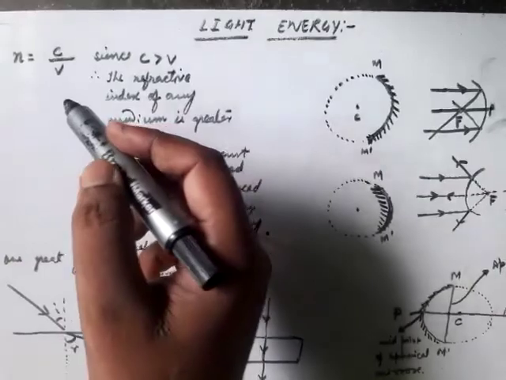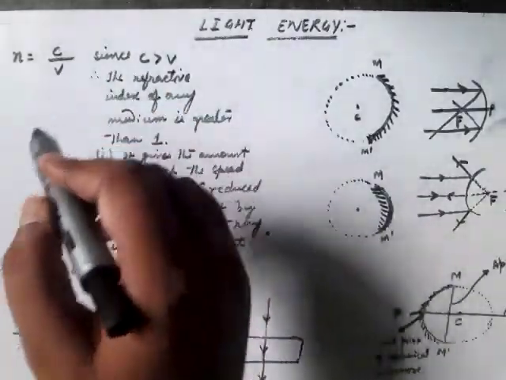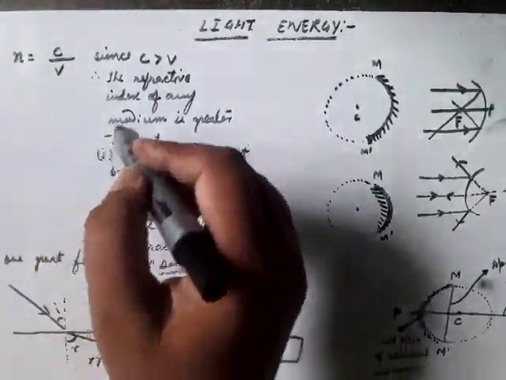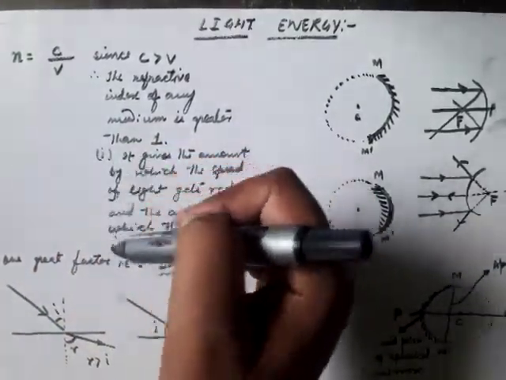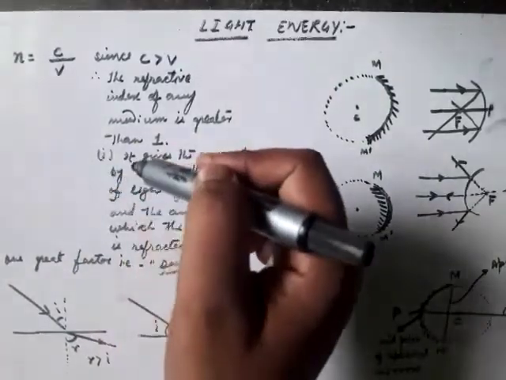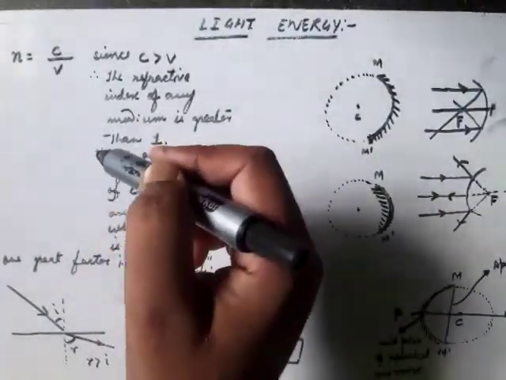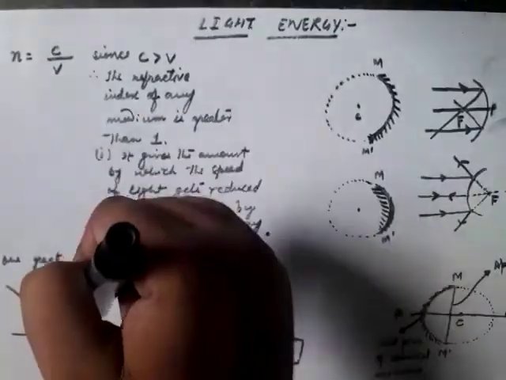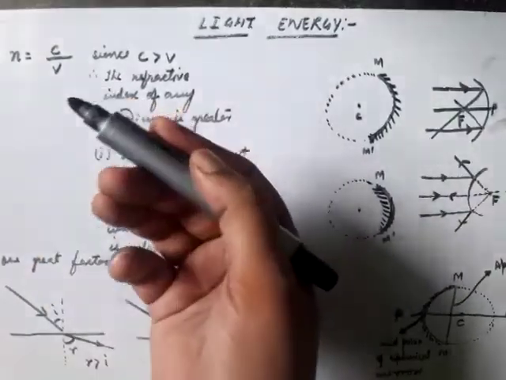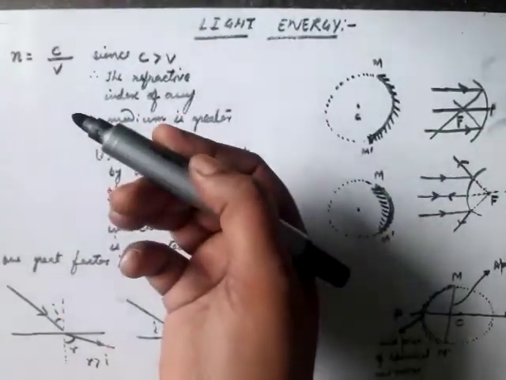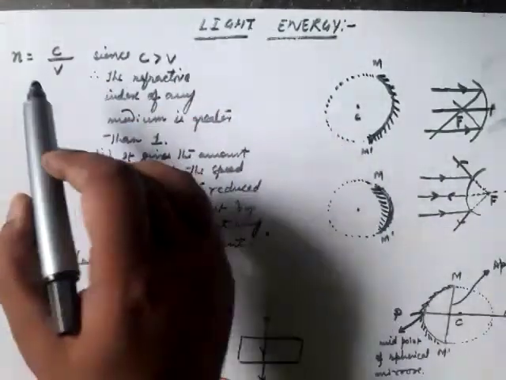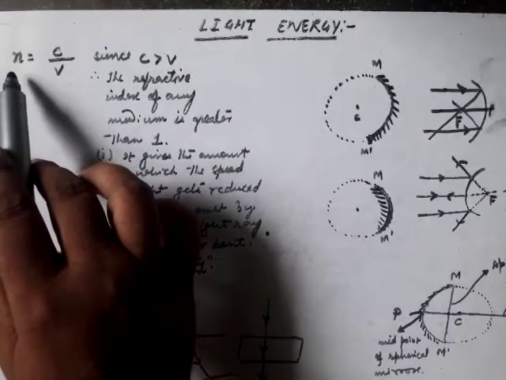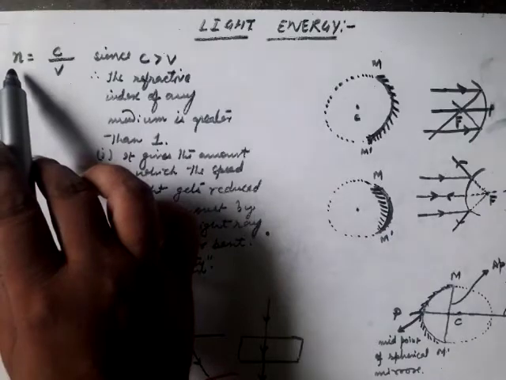It is that property by which the amount of light is reduced, refracted, or bent. The amount by which the light, when it enters from the rarer medium to the denser medium, is reduced and bent sharply, is determined by the refractive index. And we know that refractive index is defined